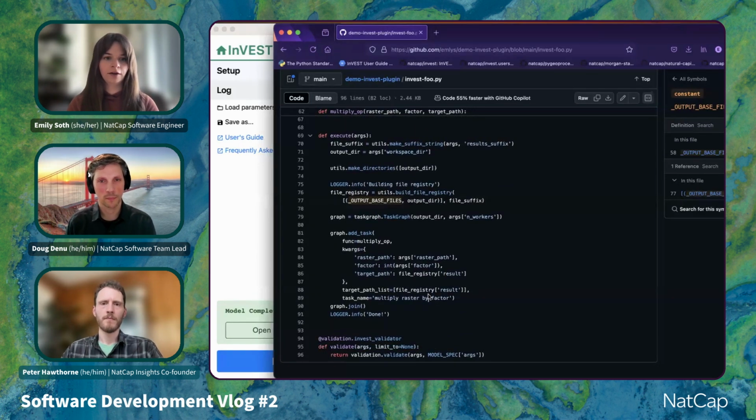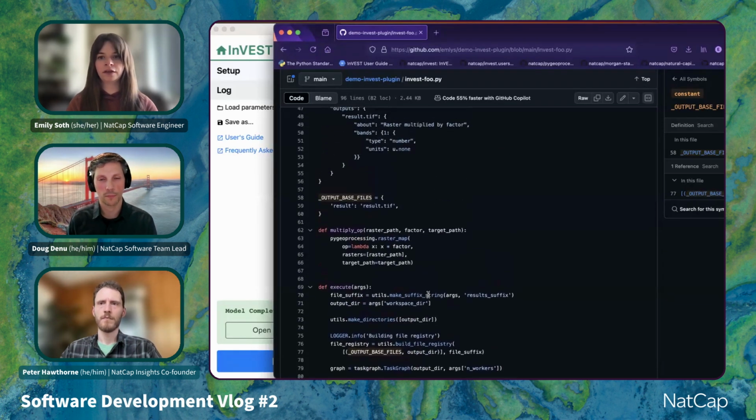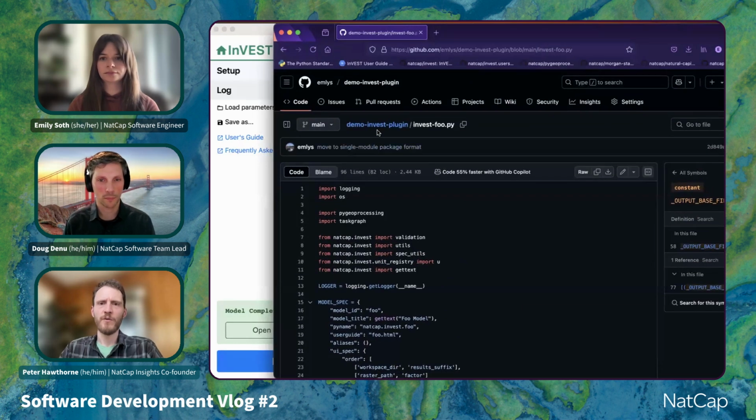And so once you have a Python module that meets those basic API requirements, it's pretty much just plug it into the workbench. Nice. That's a pretty low barrier to entry. We hope so. One of the things that we've been working on that we're excited to share is a model